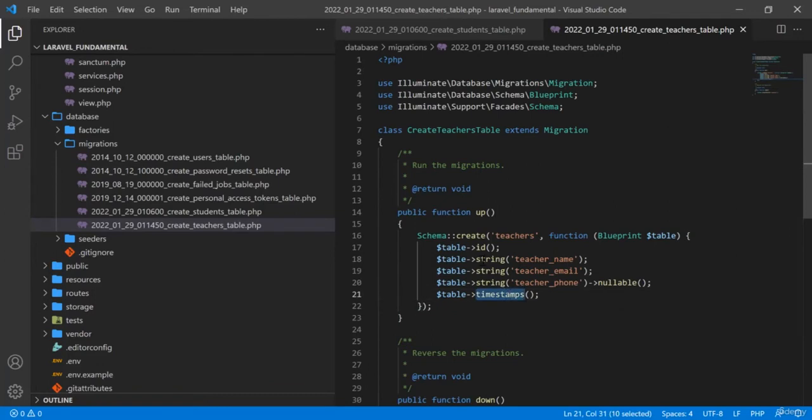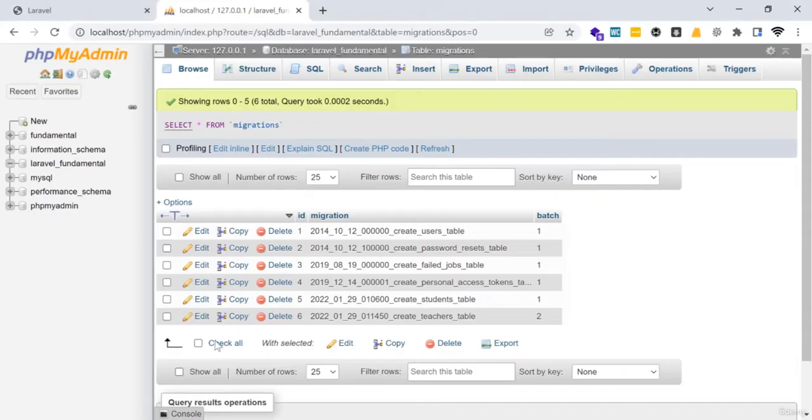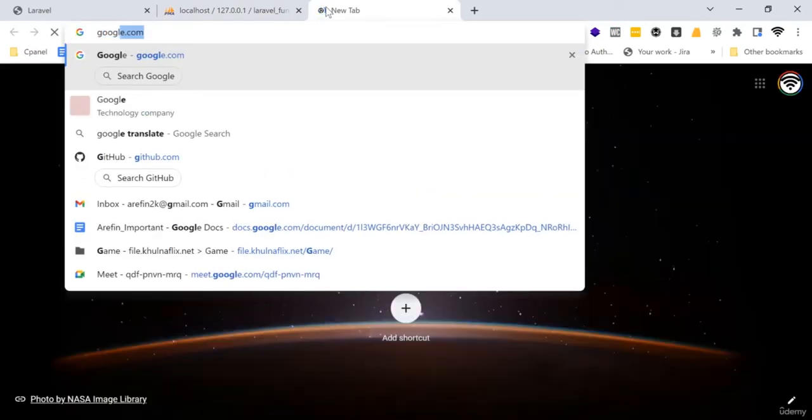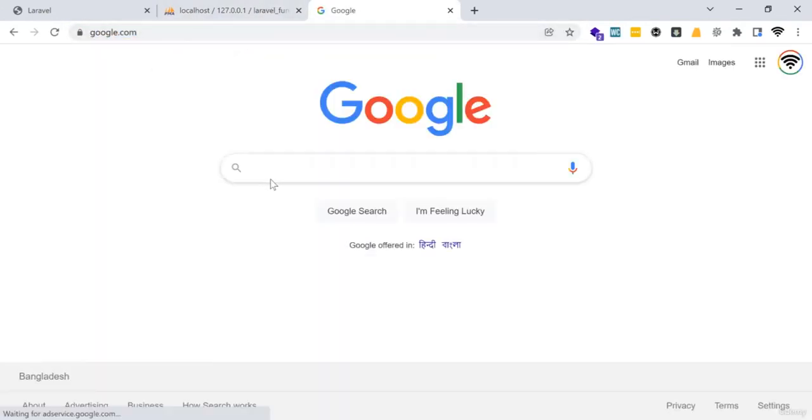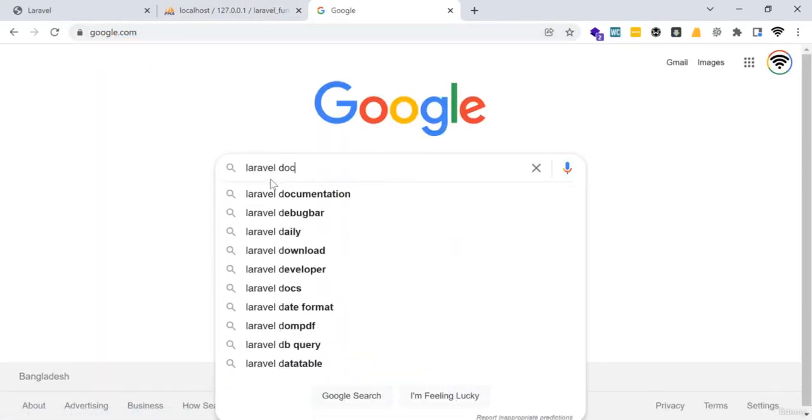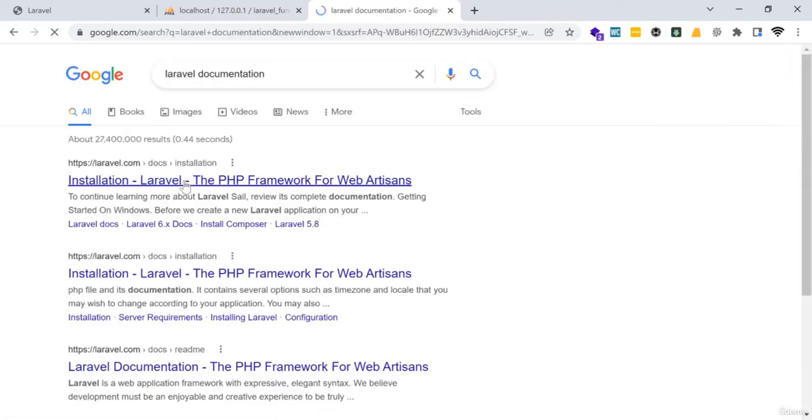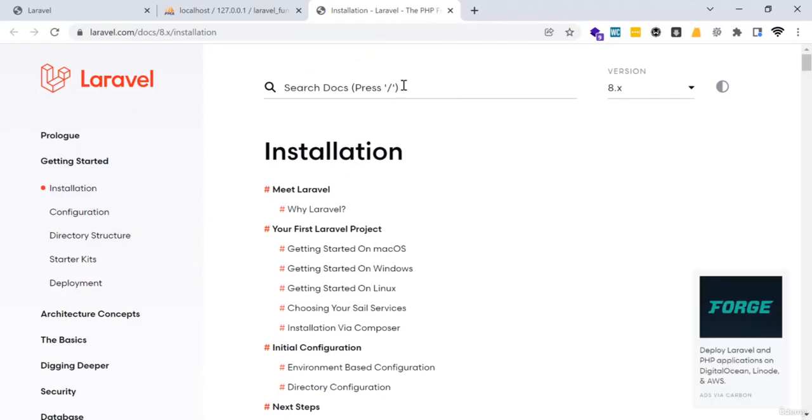Here you see that I am using some string. You can use integer here instead of string, etc. For that you will have to go to Google, then Laravel documentation, and in the official Laravel website you can go. I am using Laravel 8. So here what you can do is you can search here